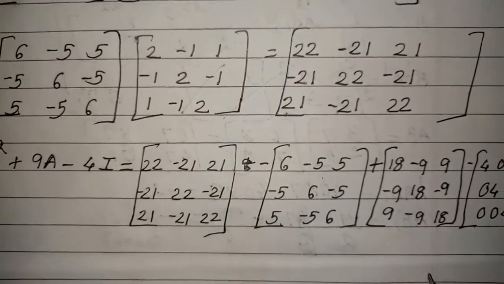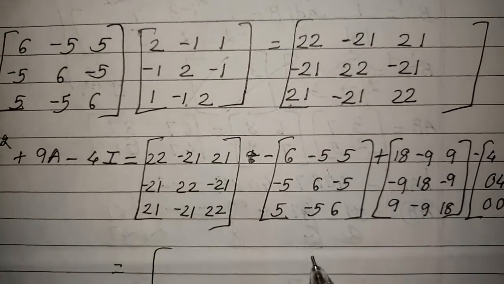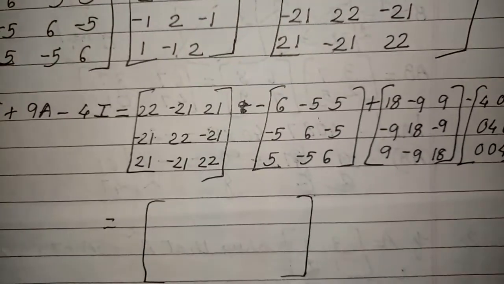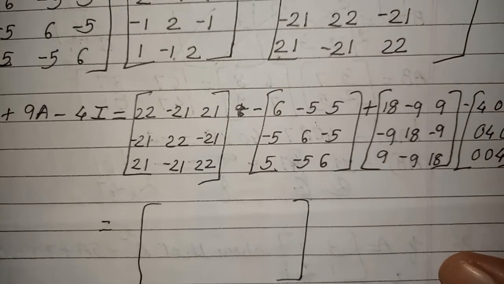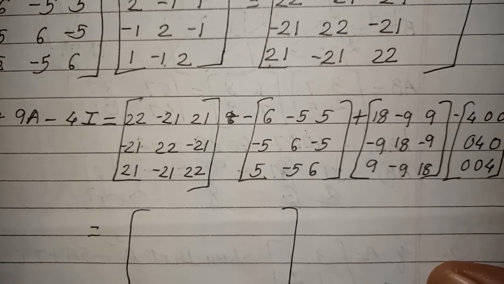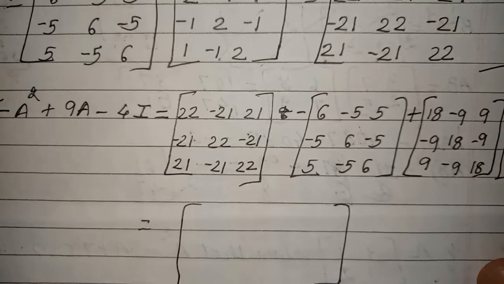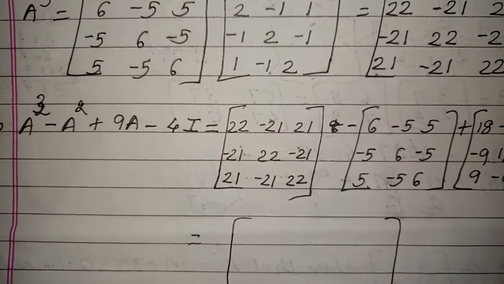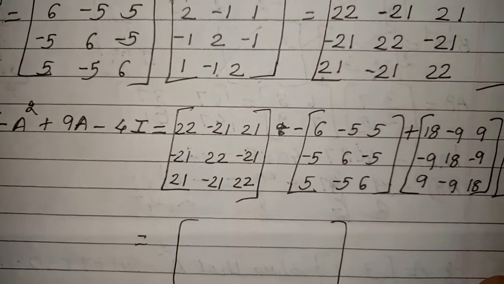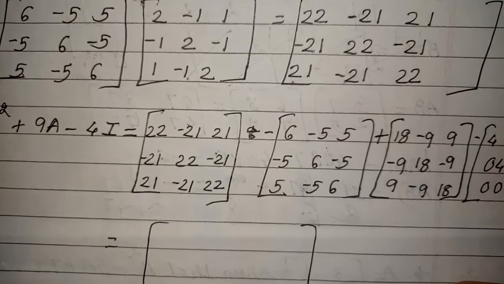Now what many children do is they simply write the answer here, 0 0 0. Is it allowed, children? No. Don't think that the teacher will not check the answer. You have to prove that the answer is 0. Otherwise your answer will be considered wrong. Okay. So let's check.